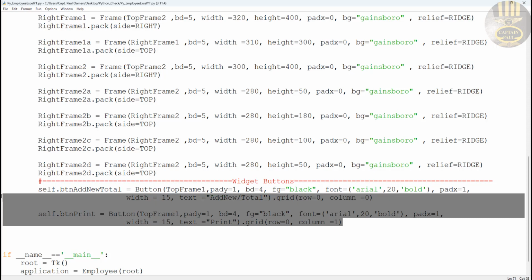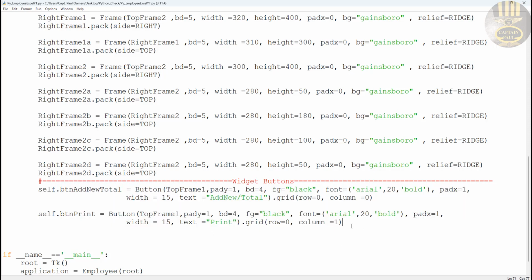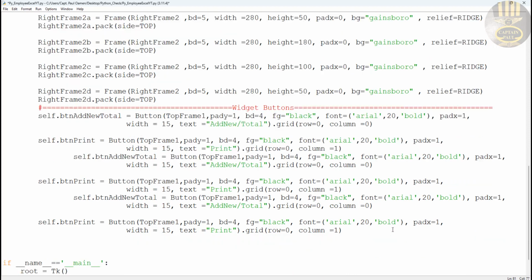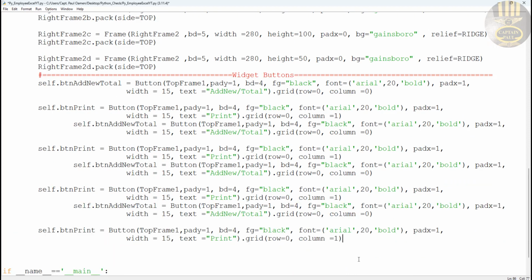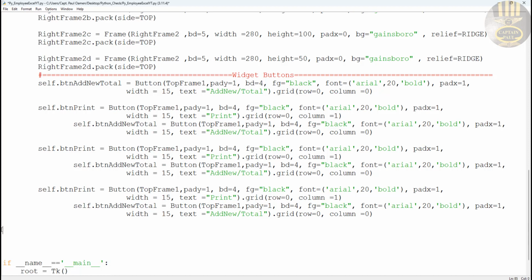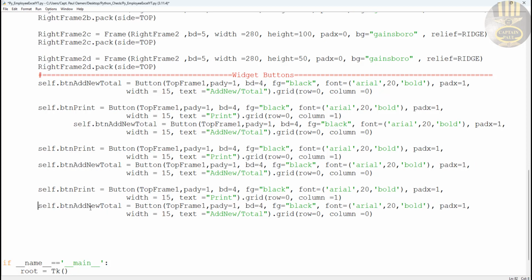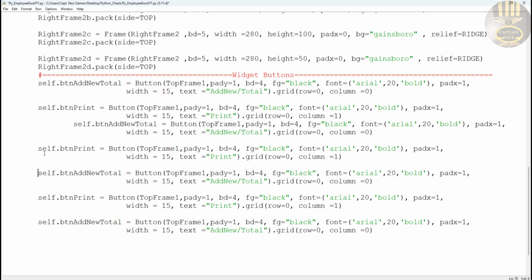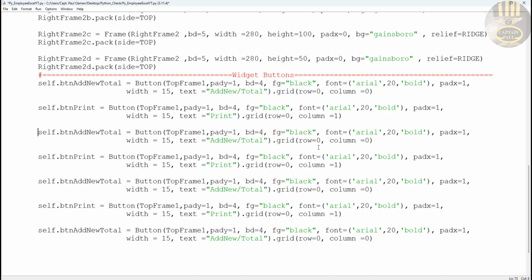I'm going to copy these buttons. I need a couple more. Paste and paste. I need one more there. Get rid of this. And let's just get the other ones properly indented. That's fine. No, this is not fine. And this is not fine either. I put a bit of space so that you guys can see it. That's not fine. If this is 0, this will be, no, that's 1, this is 2, that's 3,